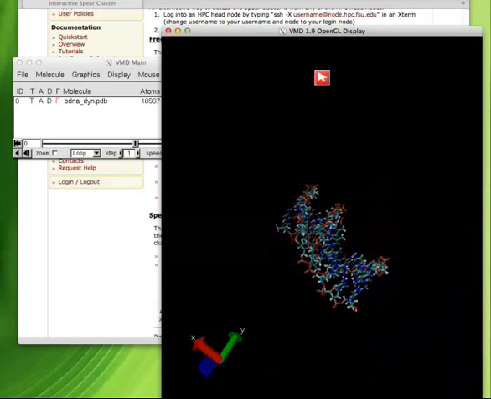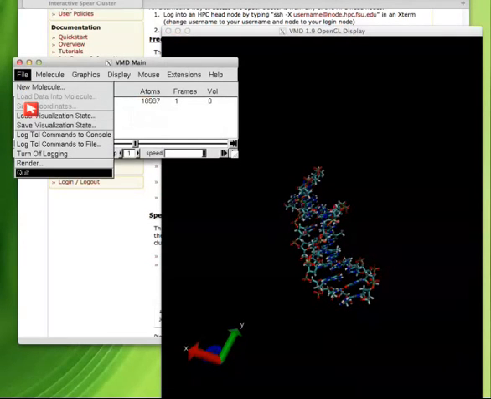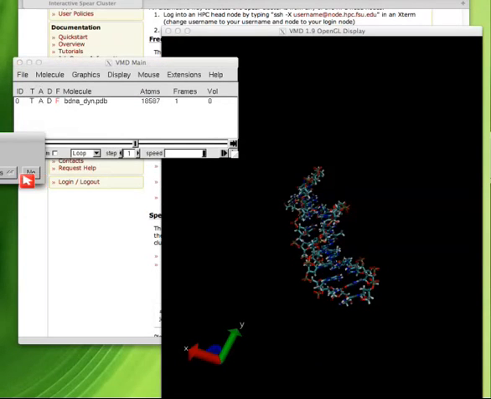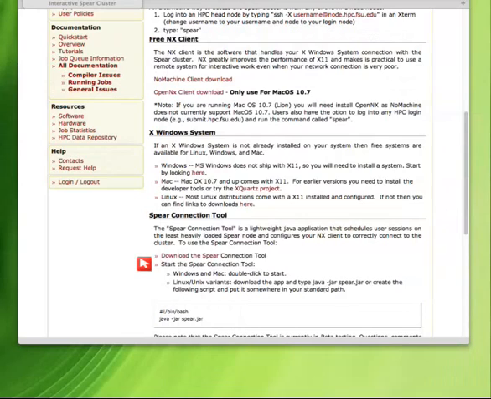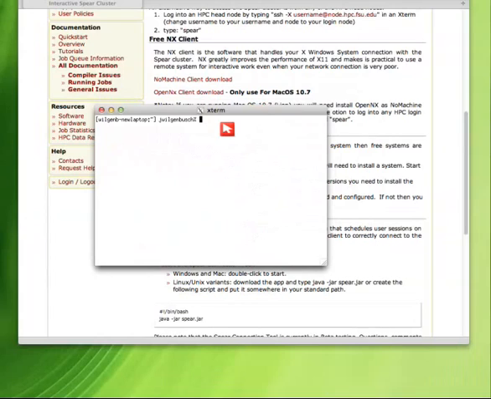So it's that simple. Now I'm going to show you how to connect to the Sphere cluster from the HPC login node. So I'll quit out of this application. And because I'm running a Mac, I'm going to select the X11 Windows application and open up a new terminal. Bring that terminal into view. And from here, I'm going to type in SSH -X my HPC username, and then I'm going to